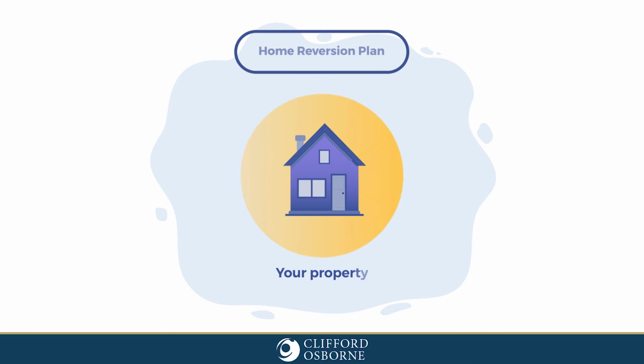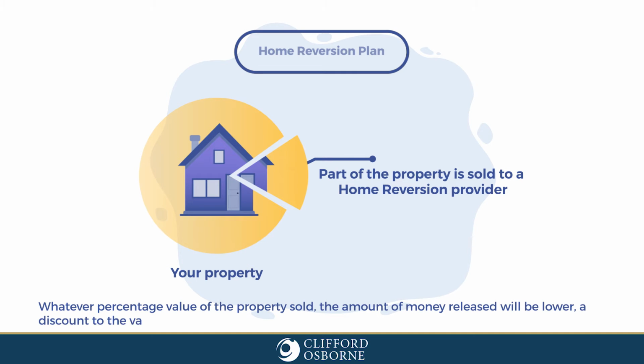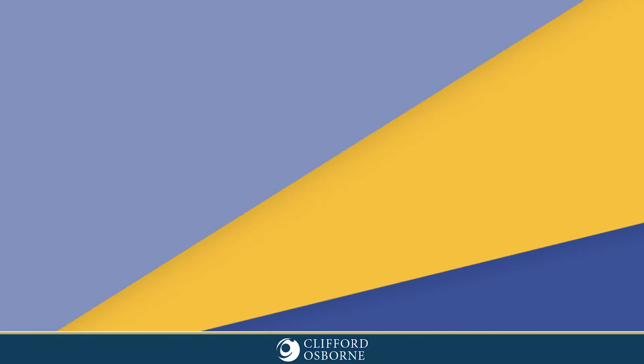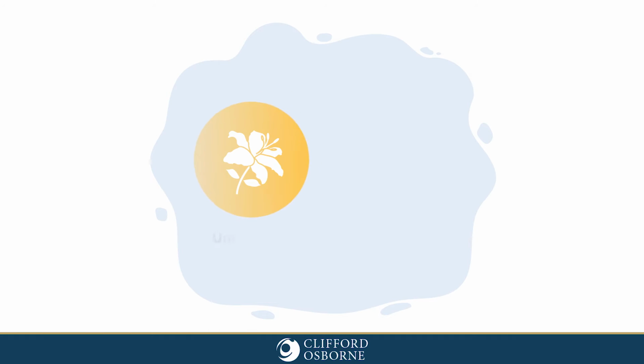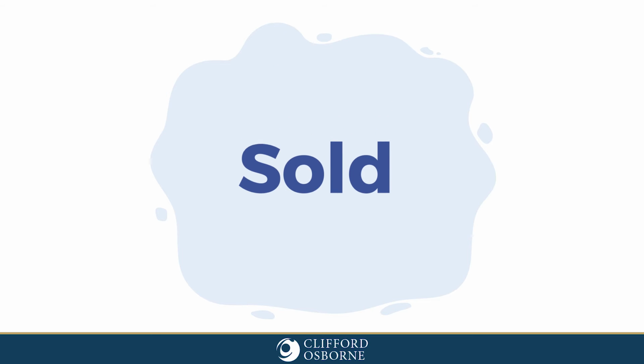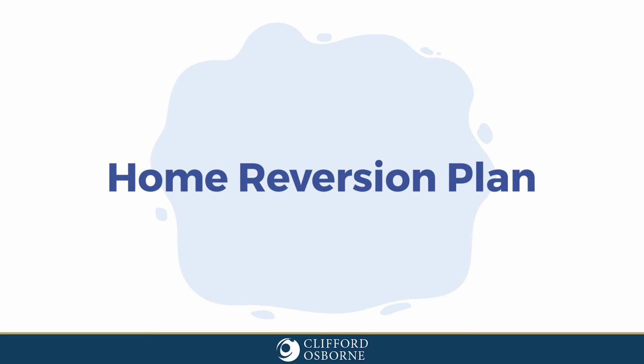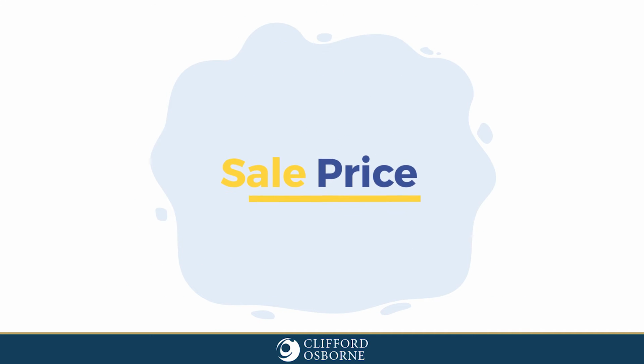The other equity release product available to you is a home reversion plan. Put simply, a home reversion plan is a means of selling a share or all of your home at a discounted value in exchange for a lifetime tenancy, which is rent-free. In selling that part of your property to a home reversion provider, you release equity from the value of the part you sell. The tenancy will guarantee your right to remain in the property until death or having to go into long-term care. Then the property is sold, and the proceeds of the sale are divided between your estate and the home reversion plan provider, who will receive the value of their share based on the sale price of your property at that time.